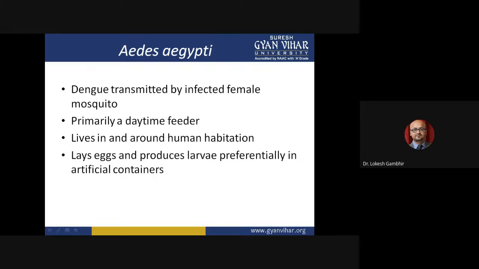So this Aedes aegypti is primarily a daytime feeder. It never bites you at night. It's a daytime feeder. Fine, and it lays eggs and produces larvae. Whenever you see stagnant water present in the immediate vicinity, you should be clearly alarmed by that situation, so that the stagnant water can be removed, and there will be no platform for Aedes aegypti